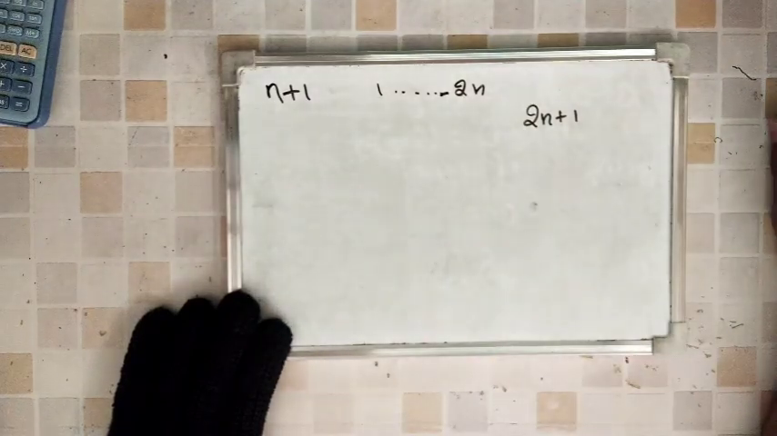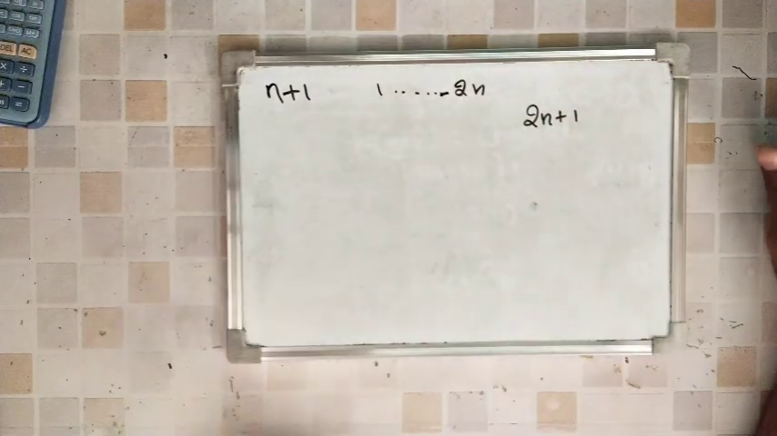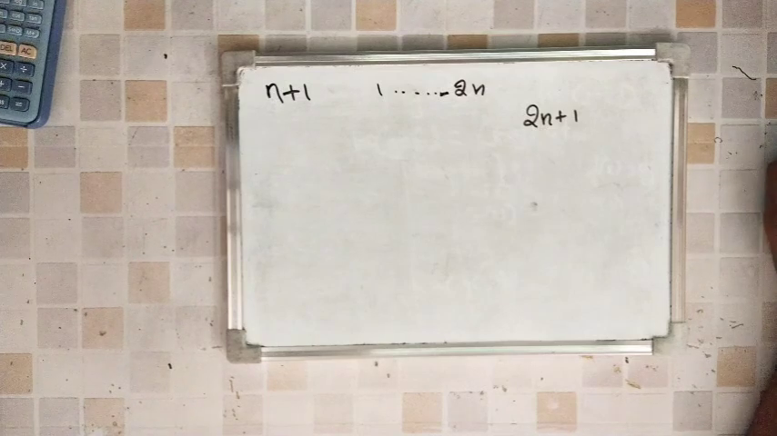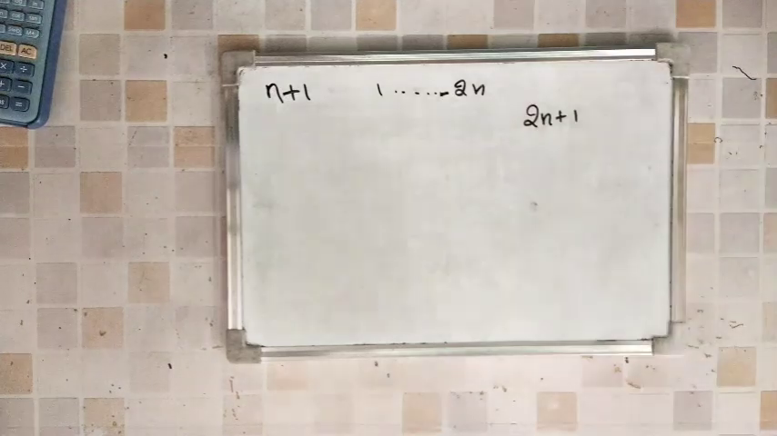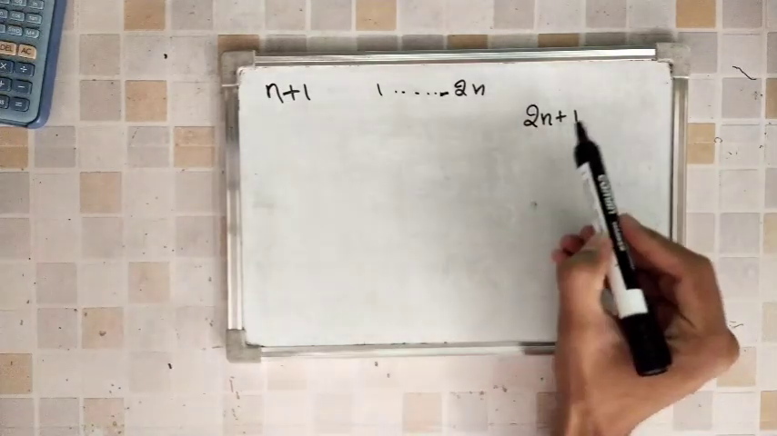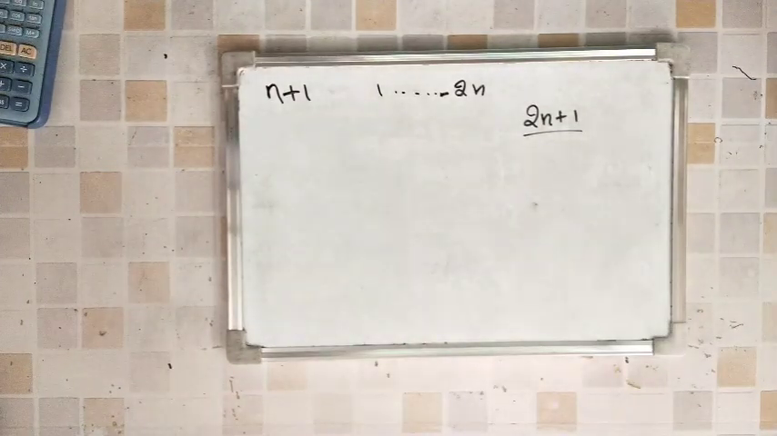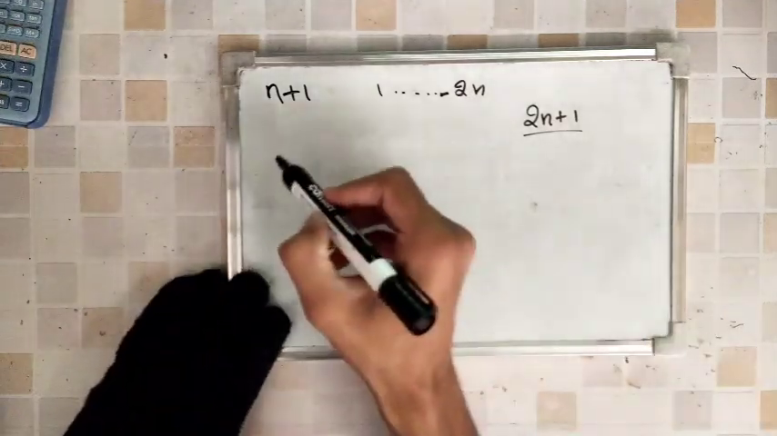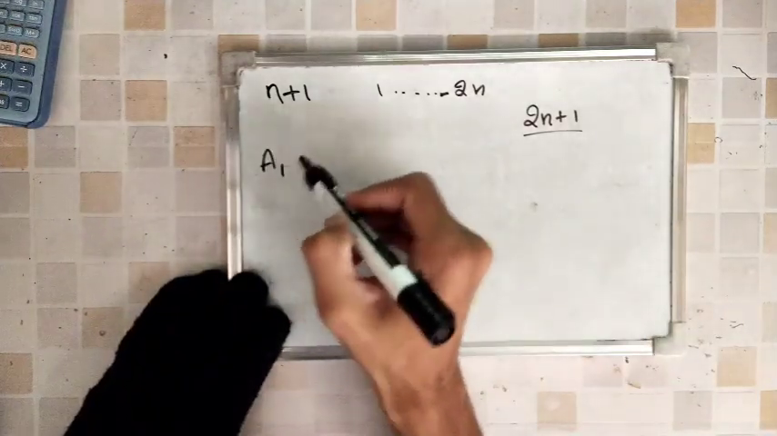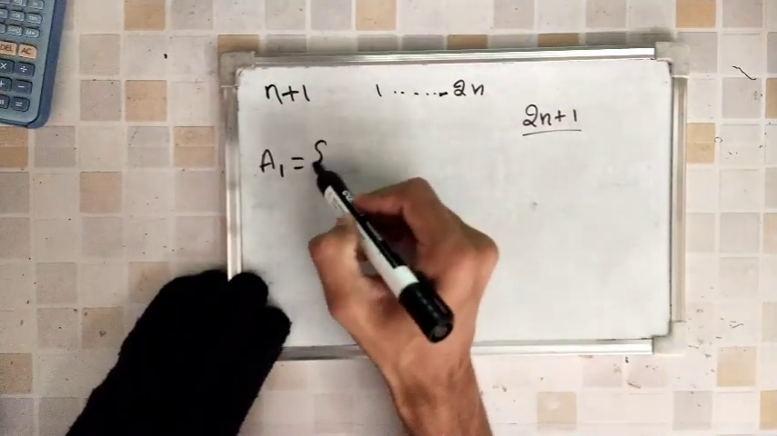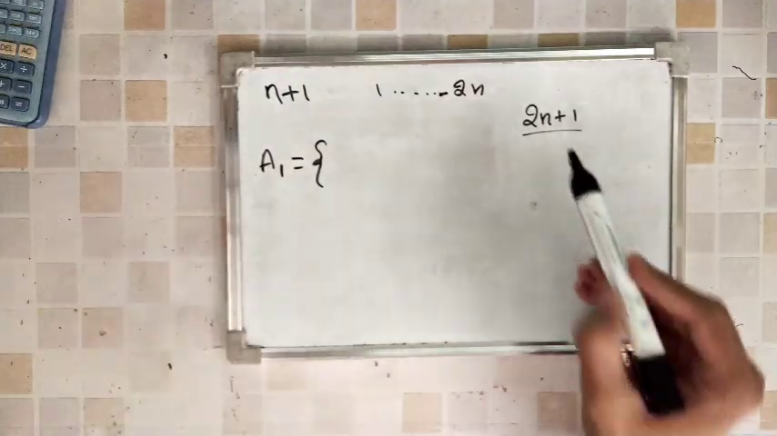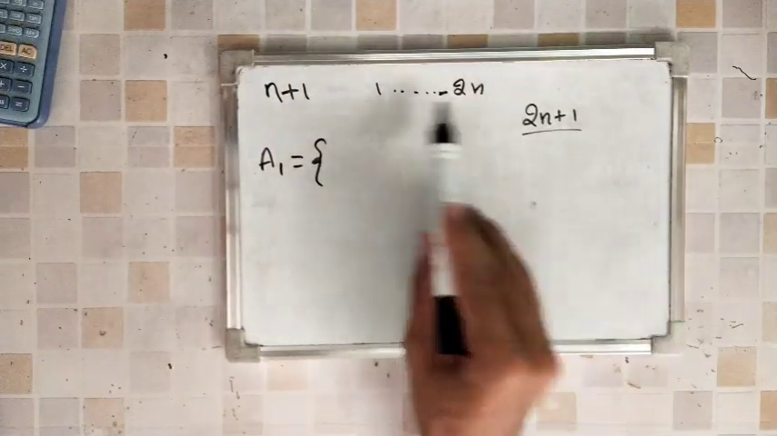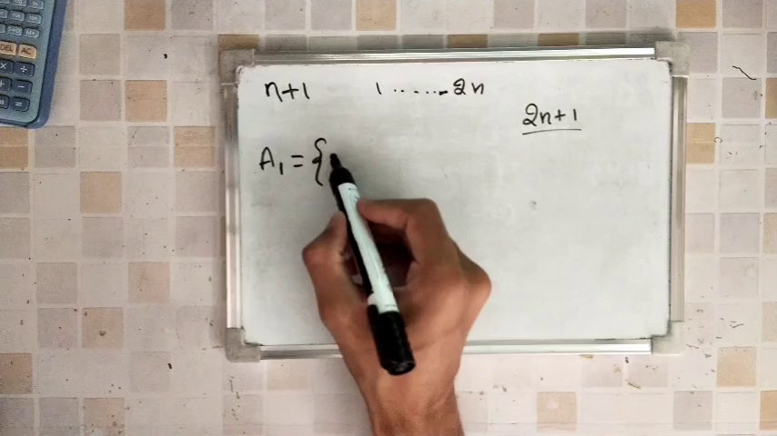Let me read the question once again. N plus 1 numbers are chosen from 1 to 2n. Okay, at least one. Now what do I have to say? I have to show, prove, that at least one pair will add to 2n plus 1. So suppose I consider one set equal to A1 such that I have to get this, right. So from 1 to 2n I will consider first term and last term 1